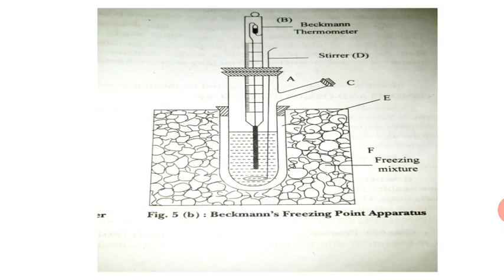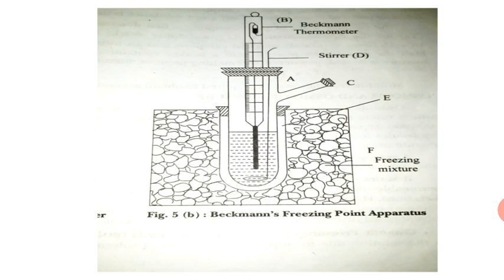Once we get the freezing point, remove tube A, melt it and again add the solute from the side arm, shake it well and again introduce the assembly into the freezing mixture. Now repeat the procedure and take the freezing point. Note down the freezing point. Now when it forms the solution, its freezing point decreases